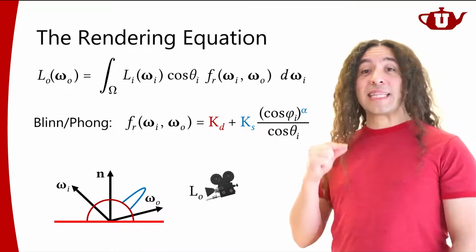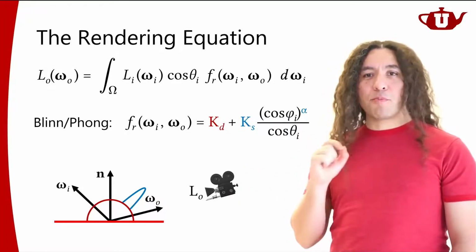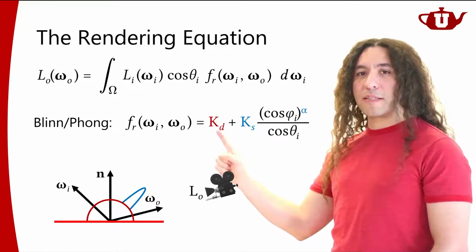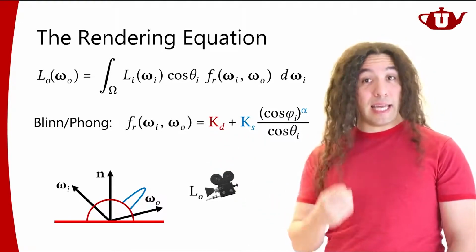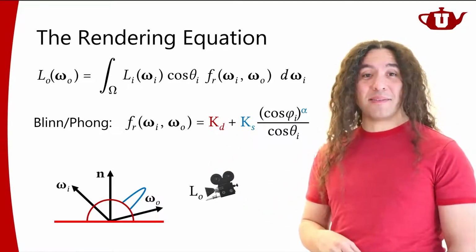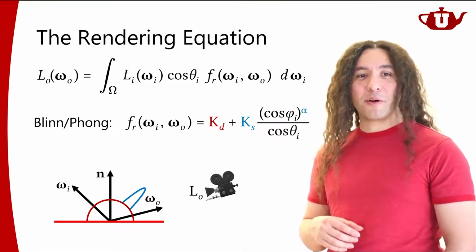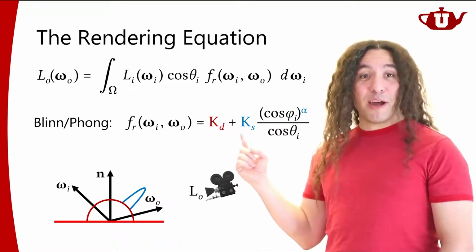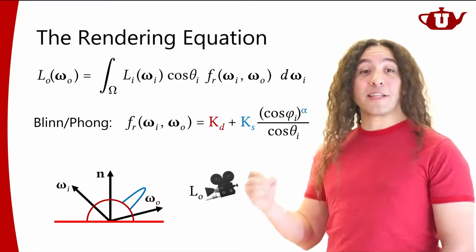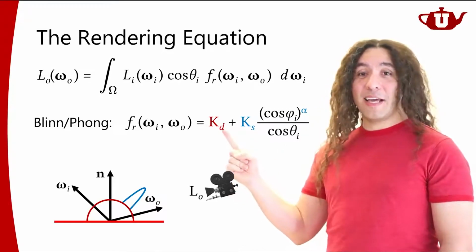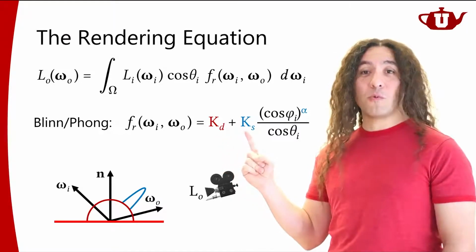But I would say it's not necessarily energy conserving. For example, the particular parameters for the diffuse reflectance and specular reflectance that I asked you to implement in the upcoming project, well, the project that you guys are implementing or have already implemented, the particular parameters that I suggested in the project description would produce a very unrealistic material model. Because I said, this is going to be white, that is 1, 1, 1. This is going to be white, 1, 1, 1.